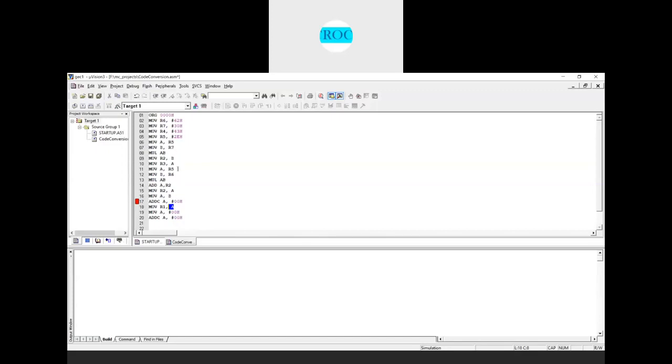The 8 bits we had are stored in R2 and R3. Next I will store the other higher byte in R2 and R1 here. That's the reason I'm including ADDC A, #00H here. So this is for the higher 8 bits. MOV R0, A.